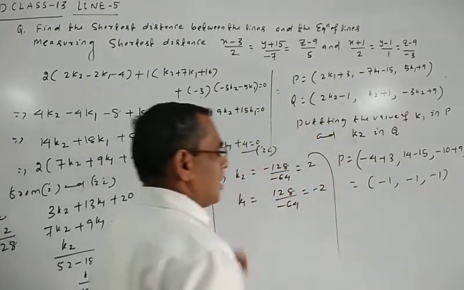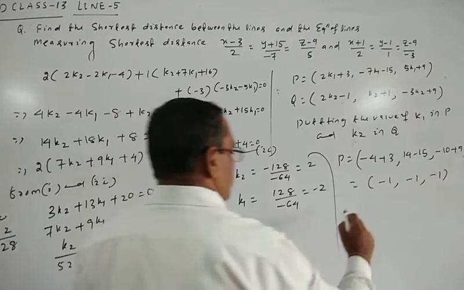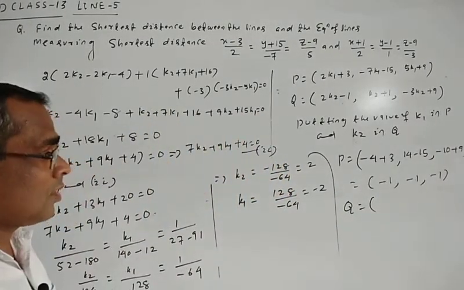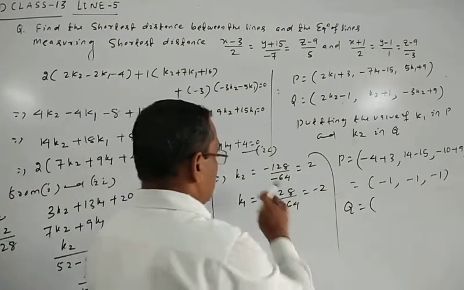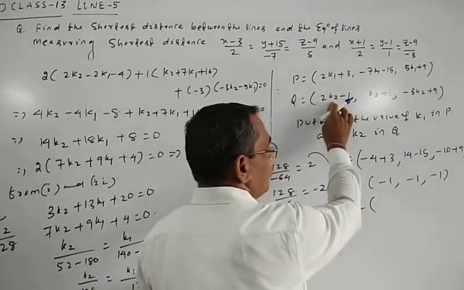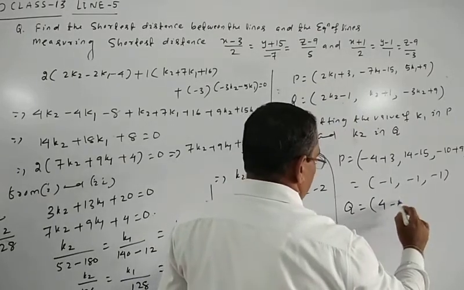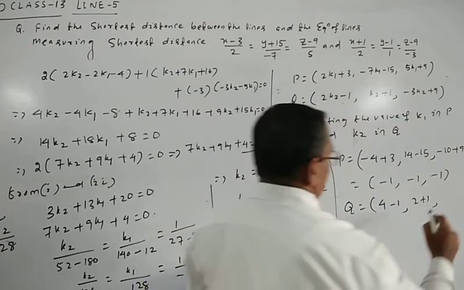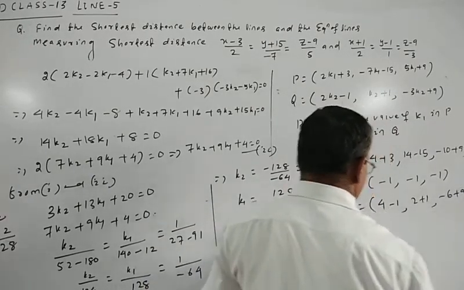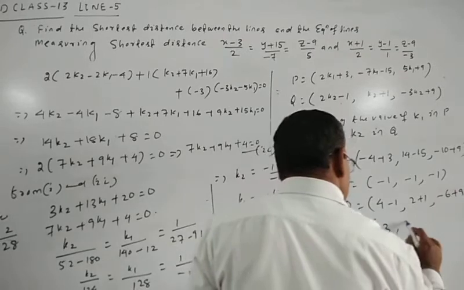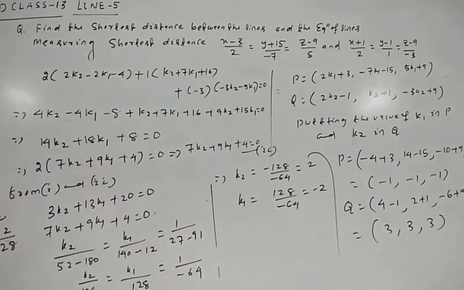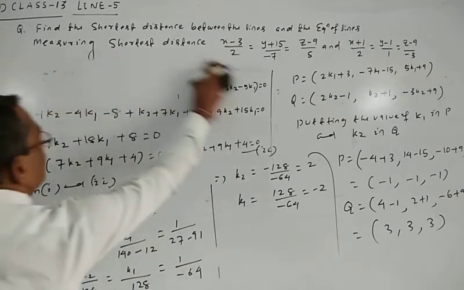And this is equal to minus 1, and q is equal to, putting the value of k2 in the coordinate of q, here k2 is equal to 2, 2 into 2 is 4 minus 1 is 3, 4 minus 1 is 3, this is 2 plus 1, and this is equal to minus 6 plus 9, so this is also 3. Okay, so the perpendicular distance, the distance PQ equal to